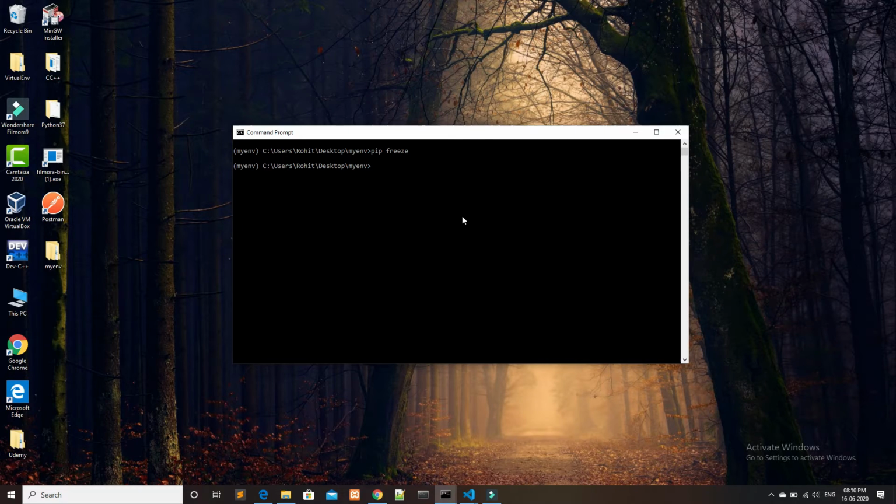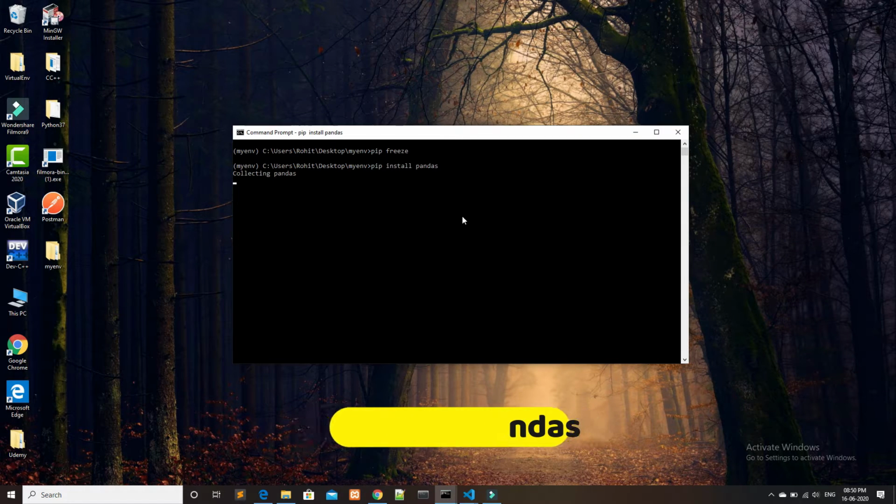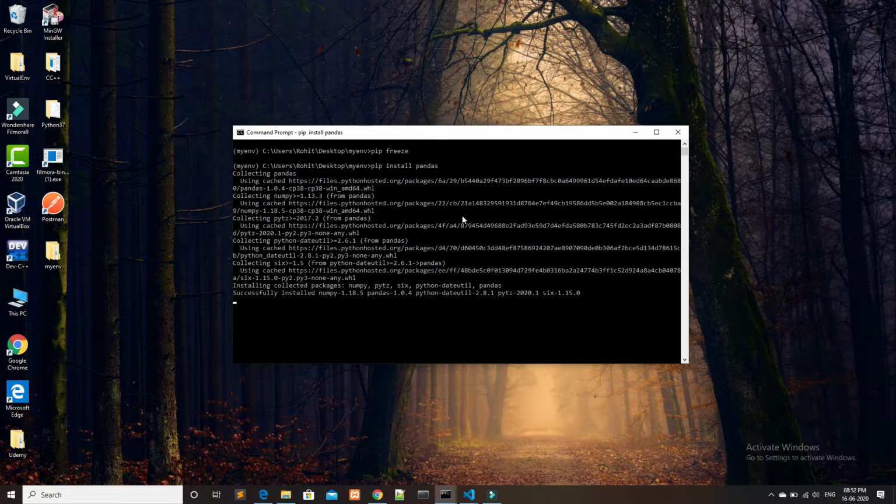So we will install pandas by the command pip install pandas. Install it. Okay, now pandas is installed in my env.